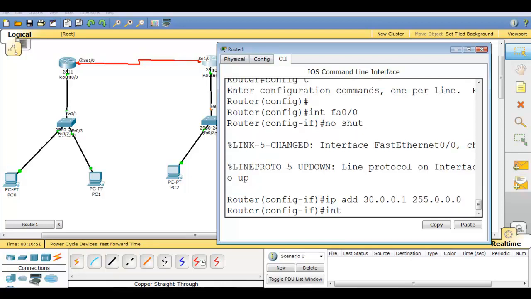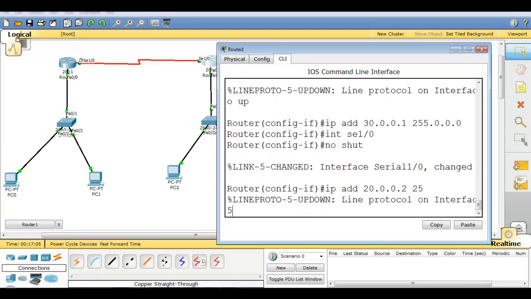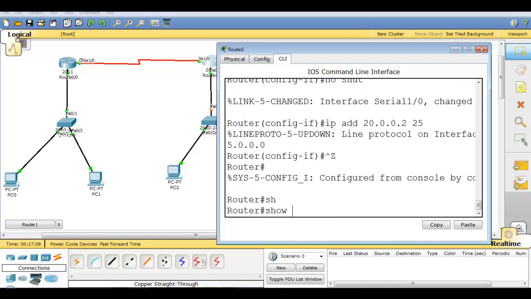Now interface serial 1/0, no shut, and IP address 20.0.0.2, because here we have given 20.0.0.1, 255.0.0.0. Now let me check the routing table.